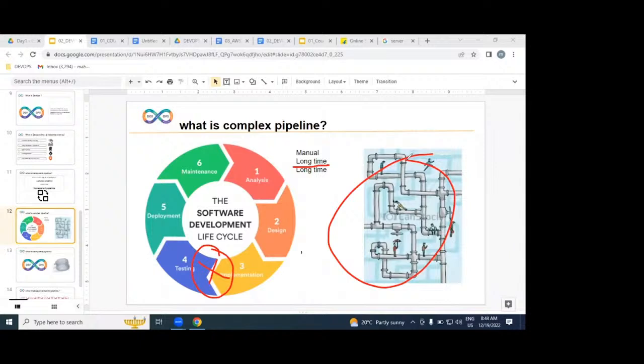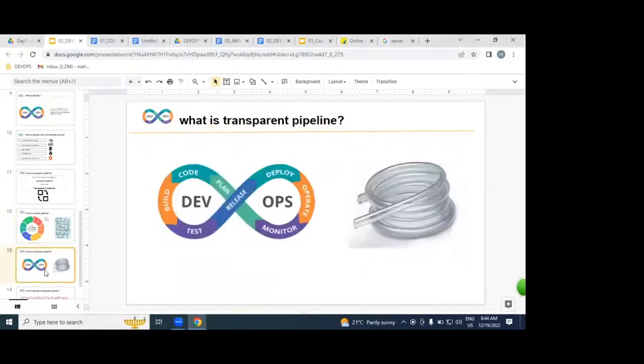The same happens in the SDLC process. If you get any issue or problem, identification takes a long time, and resolving the issue also takes a long time. That is the reason we are going to replace it with an automated transparent pipeline.